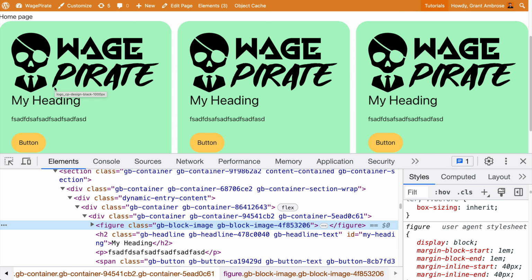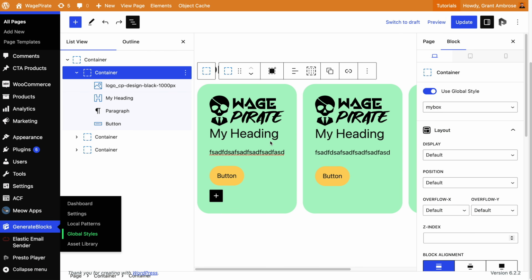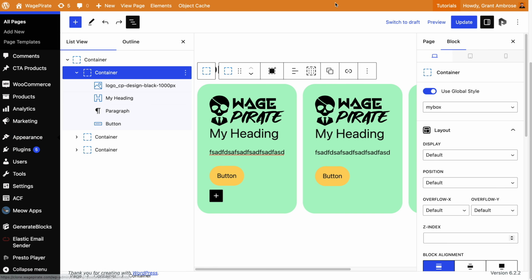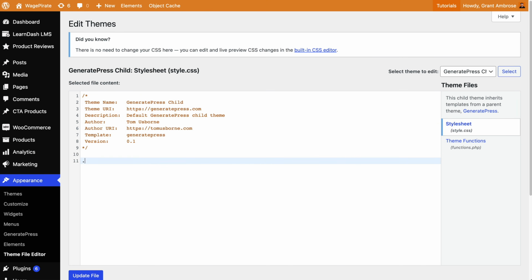But this is the problem with GeneratePress and Generate Blocks. We can't actually do that here inside of the builder. We need to leave the builder, open up a CSS file, and start writing custom CSS. So here we'll go to Appearance and then Theme File Editor. And then inside here, I'll do